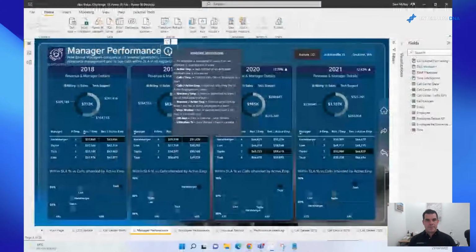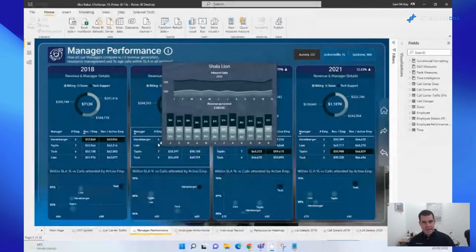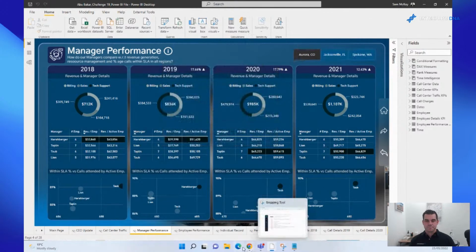Okay, and then I think there are a lot of great tooltips here that bring a lot more information to light. Let me look here. Yeah, just a fantastic use of tooltips across the report. This is on almost every page of the report. And the reality is, everyone, this is not difficult. Creating a page tooltip is actually not hard anymore. It is one of the best features that has been added to Power BI in the last year or so. It is a really awesome feature that you can use.